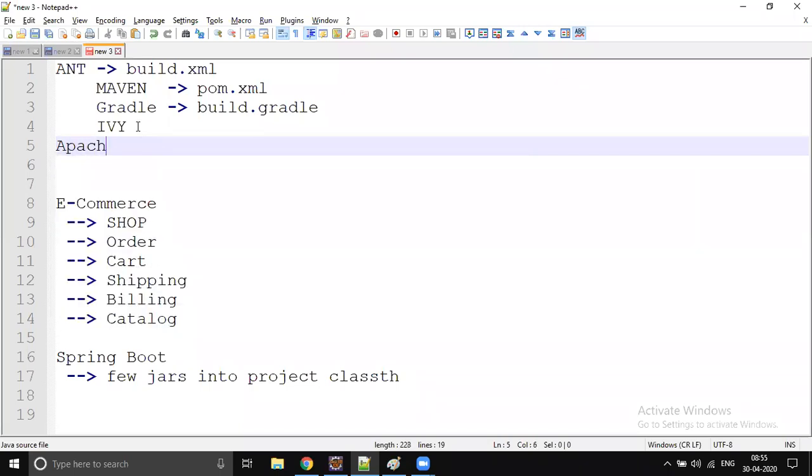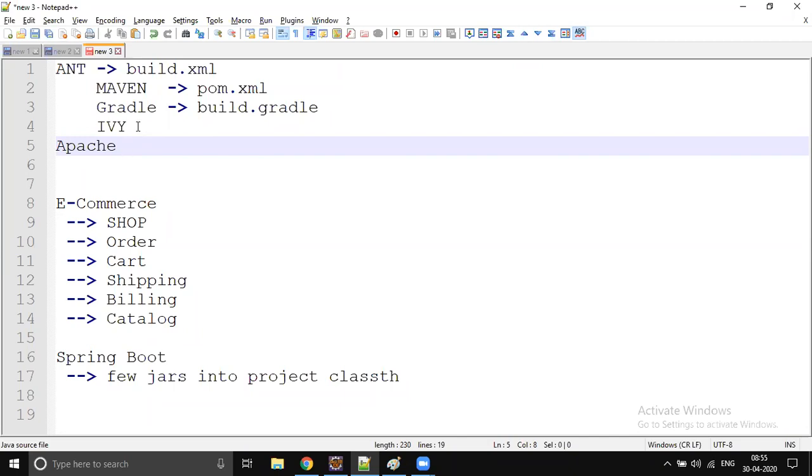We got all this from Apache, right? When Apache introduced Ant, and after some days they introduced Maven, after some days they introduced Gradle, right?